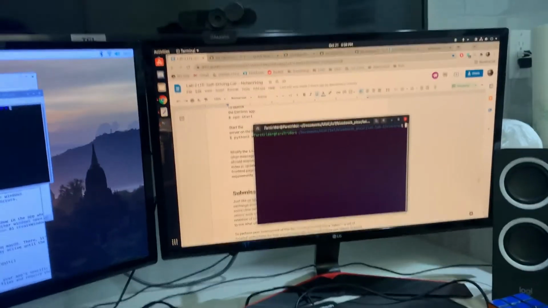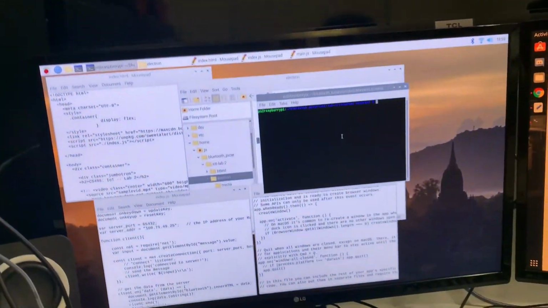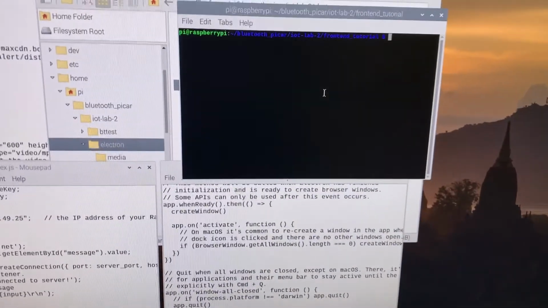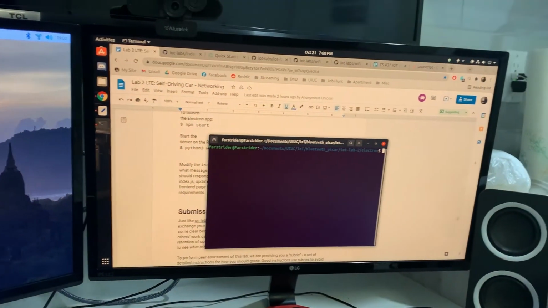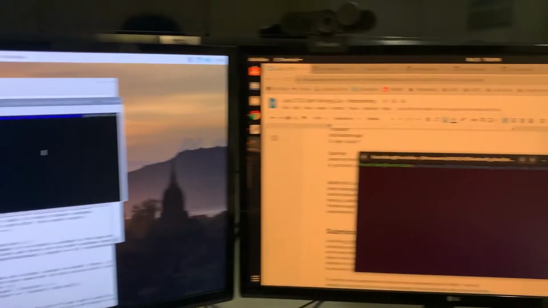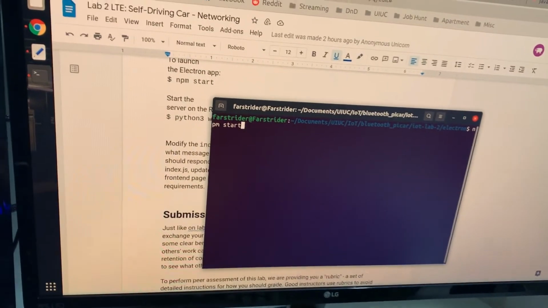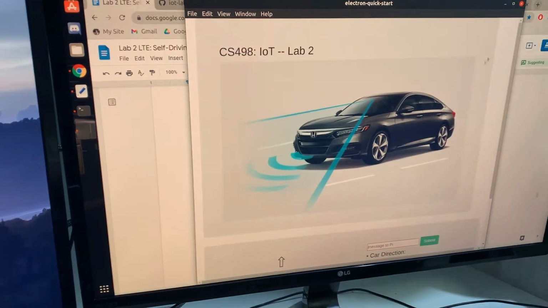So here we have a demonstration of our Wi-Fi capabilities. So right now the car is plugged in. I have the monitor open so we can see everything a little bit more easily. We're going to come in over here, and on this is the Raspberry Pi. We're going to go ahead and run our Wi-Fi server, which is now on. And then over here is Ubuntu running from my actual PC. I'm going to go ahead and run our npm electron program, and you can see the GUI,